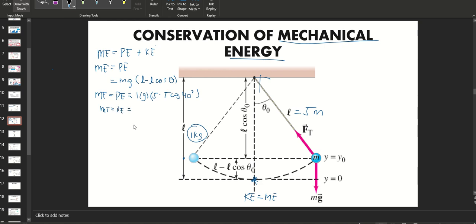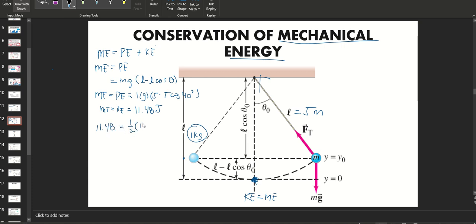So, that is equivalent to 1 times 9.81 times 5 minus 5 cosine 45. So, the answer is, the potential energy at this point is 11.48 joules. Okay? So, question is, what will be the velocity of the pendulum at this point? It's quite easy. We can answer this one by using this formula. The kinetic energy here is also equivalent to the highest peak of the pendulum, which is 11.48. It's equivalent to 1/2